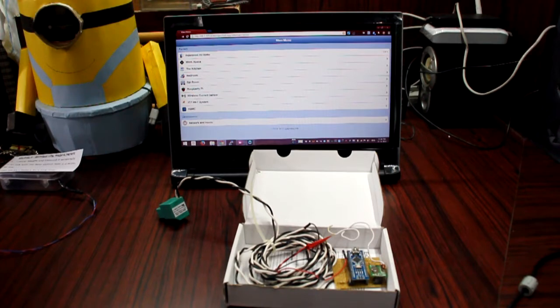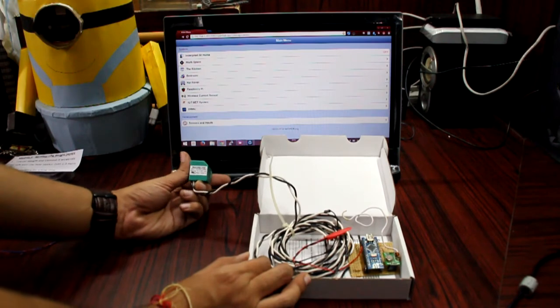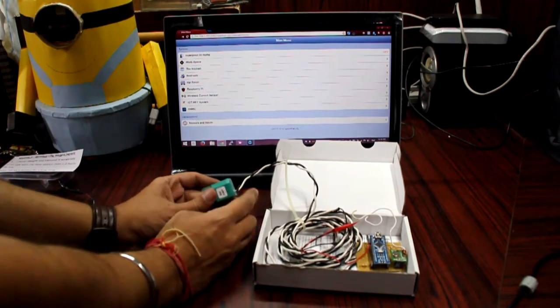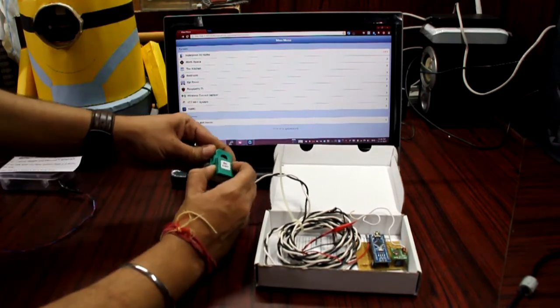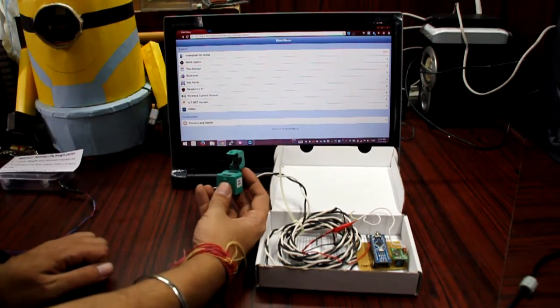The next module for my demonstration is the IoT Current Sensor. I'm using a MagnaLab SCT0400, which is a current sense transformer. This is basically a clip-on module which you can attach to any cable that you want to measure the AC